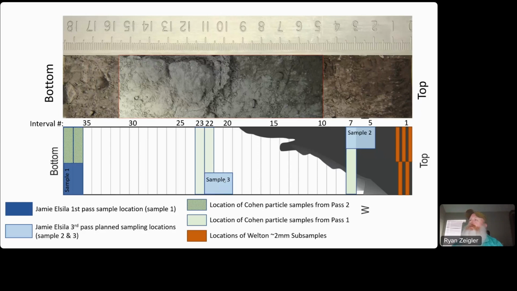And then we were trying to coordinate the particles that Barbara wanted to get so that her samples were more directly comparable to the work that Jamie was doing, Case Walton, and they wanted to look at the exposure history of the samples. You can see where we tried to do sub allocations from the top, trying to do 2 millimeter wide scoops. Turns out doing 2 millimeter wide scoops with a spatula that's 2 millimeters wide did not work as perfectly. That was an important lesson learned for the next time.